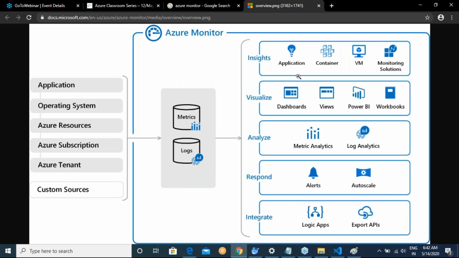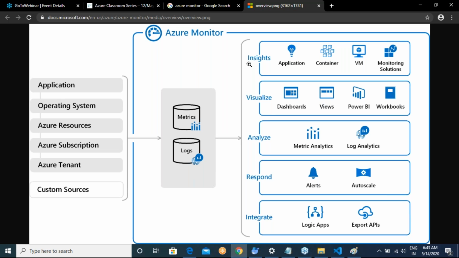The first thing I want to do is monitor a simple resource in Azure with Azure Monitor.